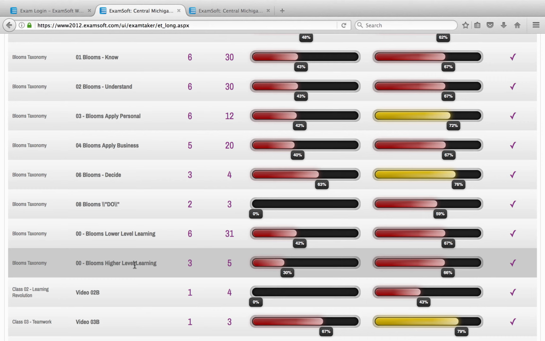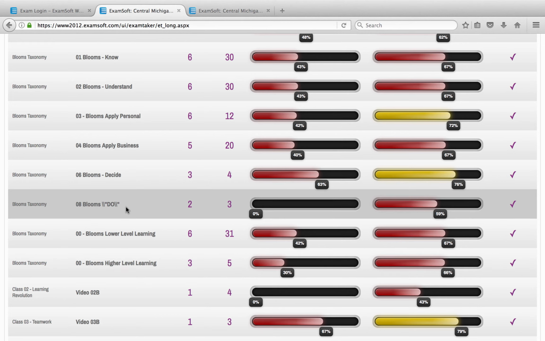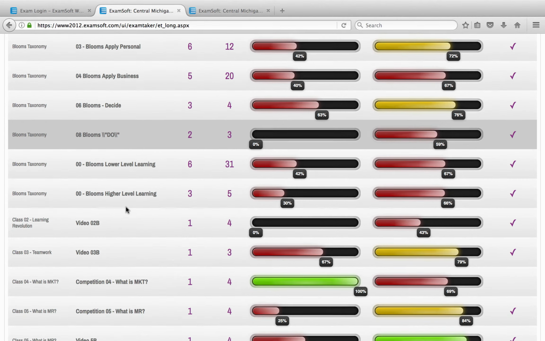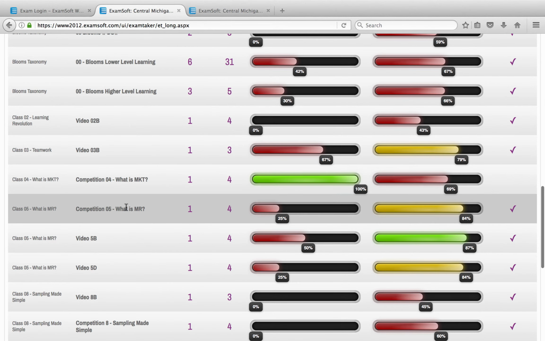And so specifically, you can see do is a part of higher level. That's where we struggle the most. Whenever we make somebody do something, the student is really struggling. Okay. Now we look and we can see areas where we're doing really good